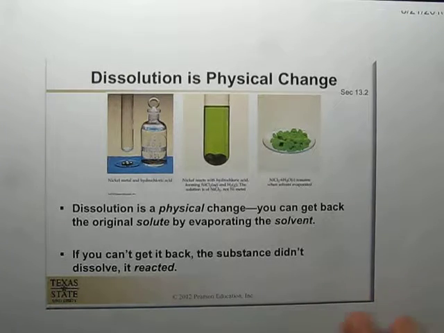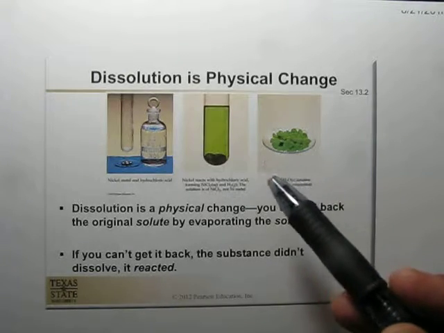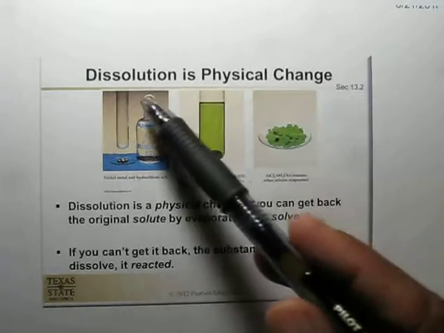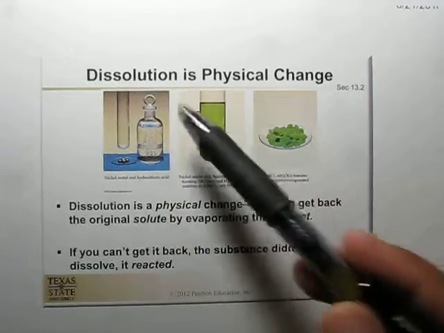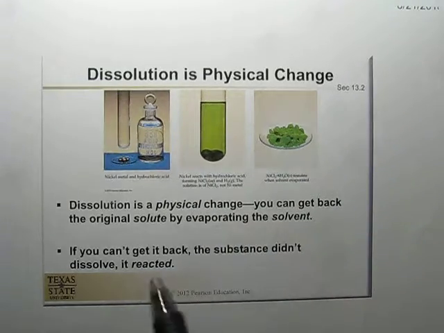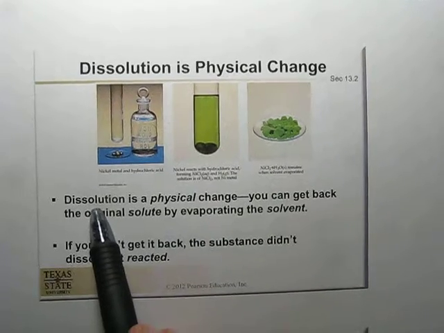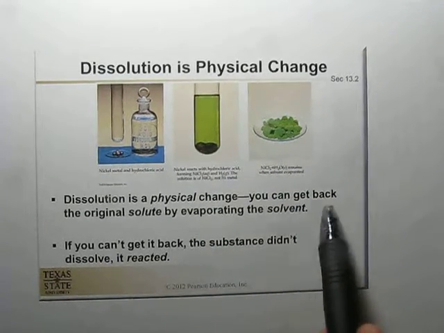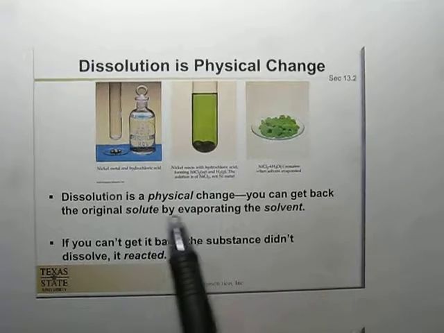So we are studying chapter number 13, solution and its properties. One property is the physical change. The topic of this slide is: dissolution is a physical change. What is the meaning of physical change? For example, if we dissolve, dissolution is a physical change means you can get back the original solute by